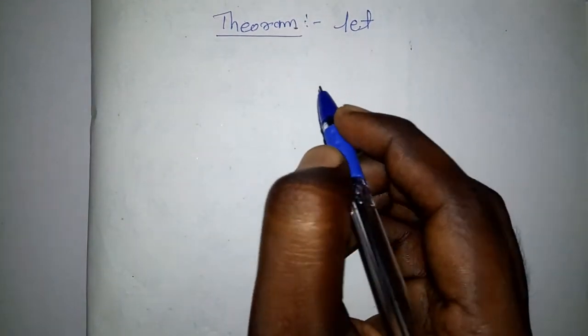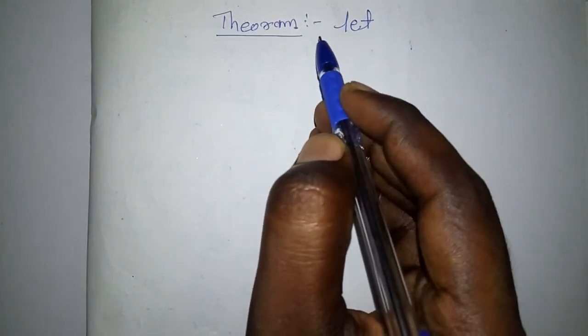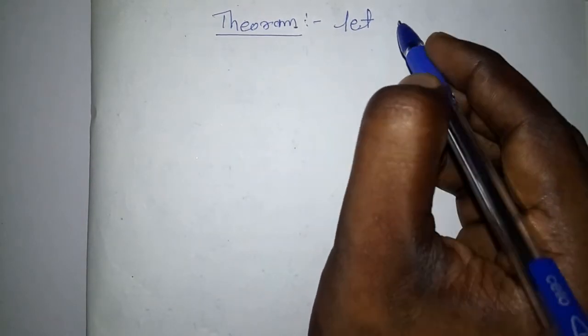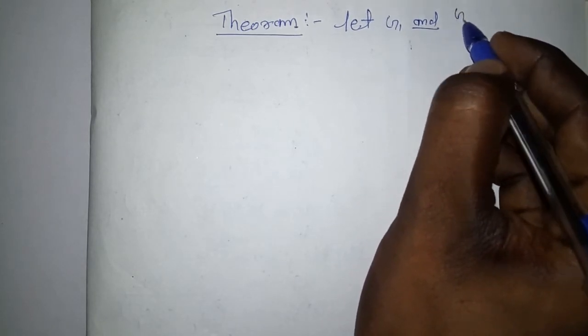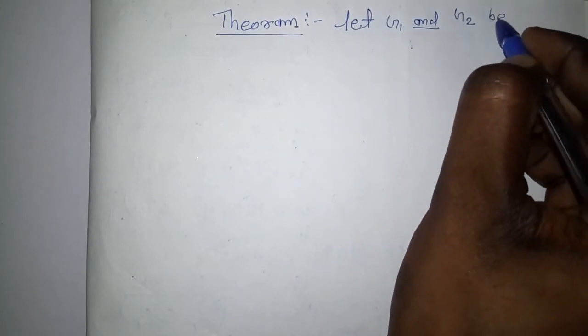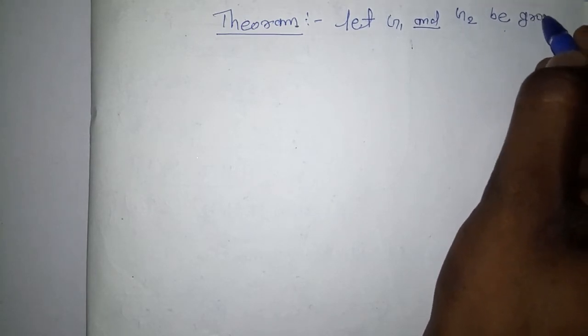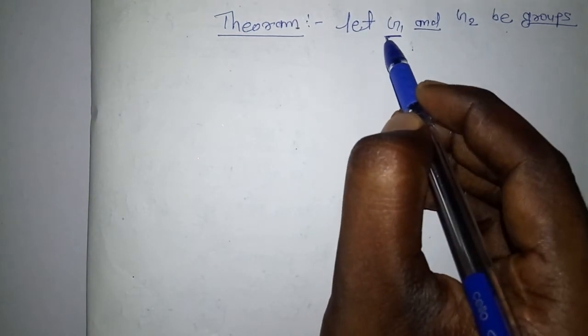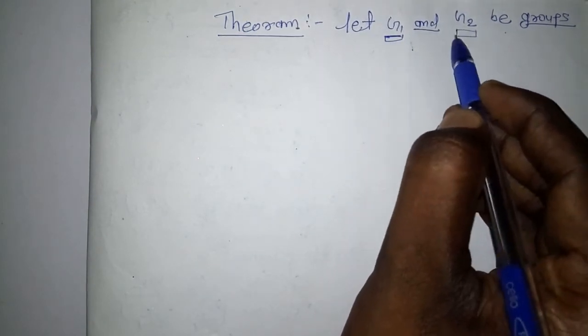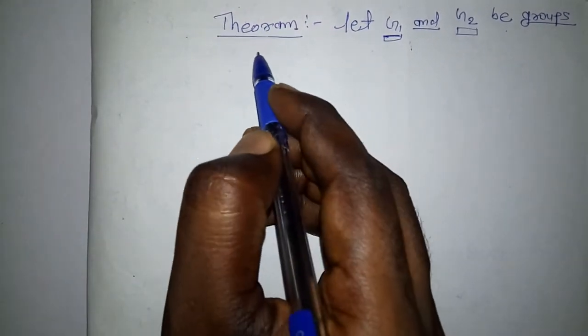So students, today we will be discussing a theorem dependent on the external product of groups. Okay students, now the theorem is: let G1 and G2 be groups. Okay students, here G1 and G2 are two groups. Okay, then